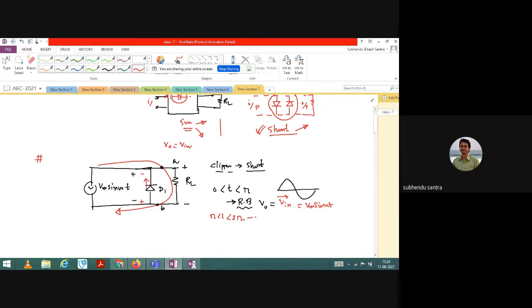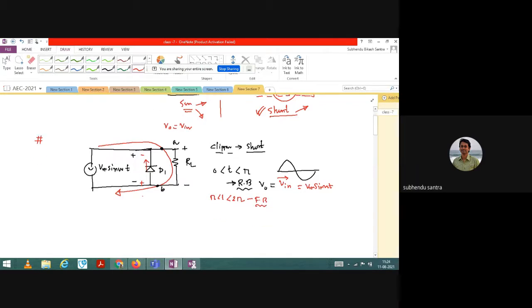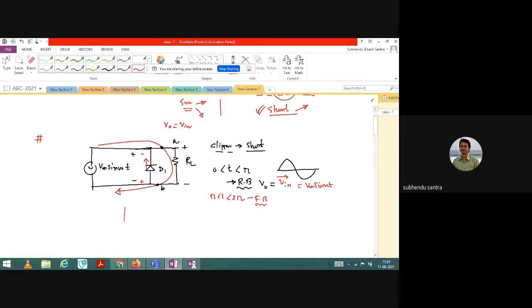So it is a forward bias condition. During forward bias the diode will behave like a short circuit. Let me draw the circuit diagram. In that condition the circuit will be like this: you have a sinusoidal source and a short-circuited diode. Definitely some resistance is there, and if in the question paper they say you have to consider it, then that also you have to consider.